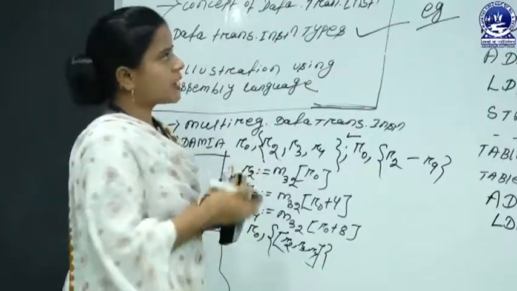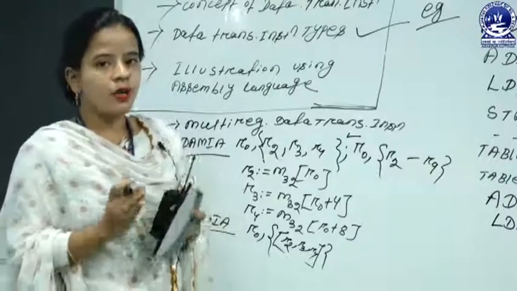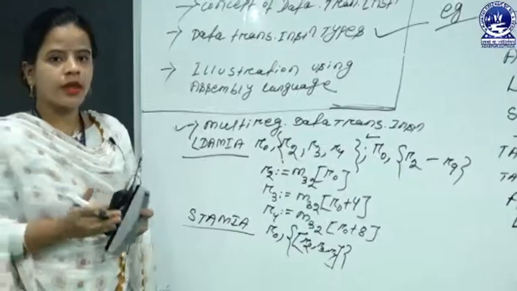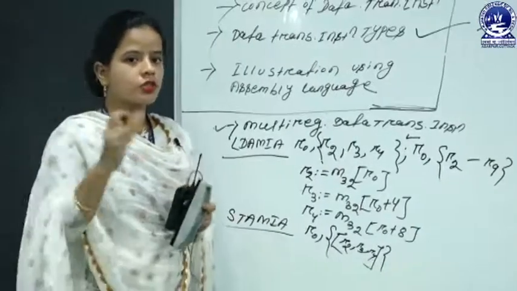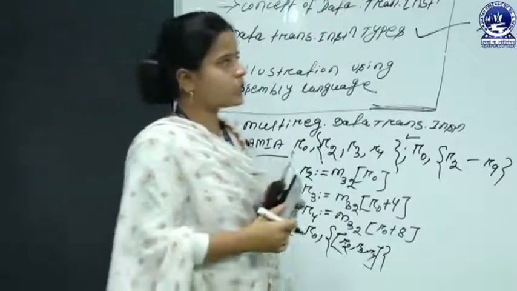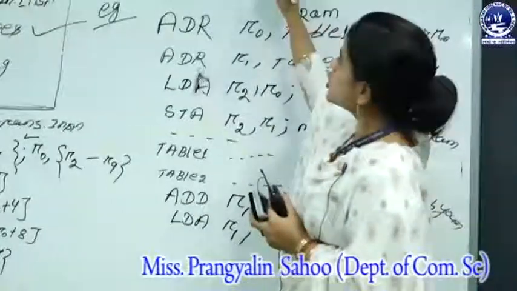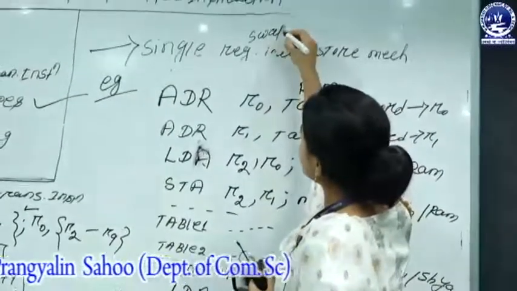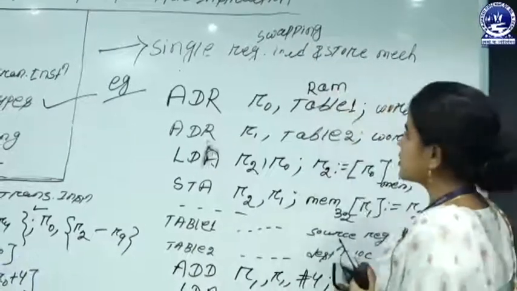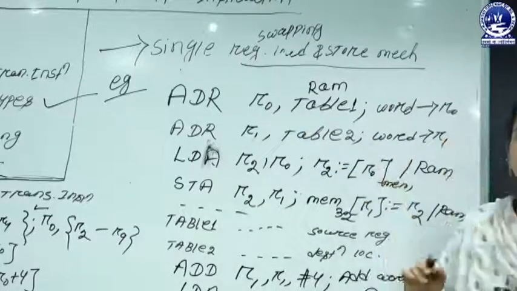And in the case of data transfer instructions, another facility is provided. If the programmer needs to swap any single register data from register to memory and memory to register, that is possible. So it provides another type of concept. What is it? That is single register swapping, load and store architectures. So what is the meaning of single register swapping load and store mechanisms?